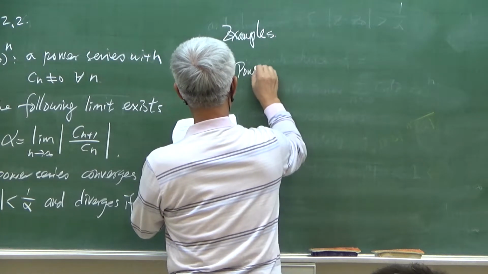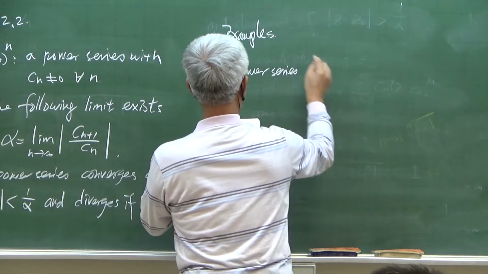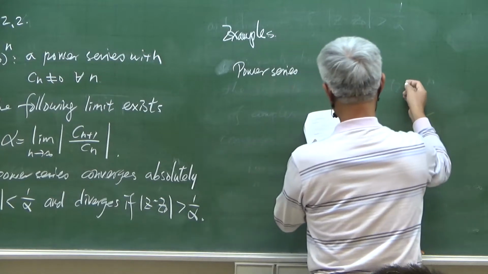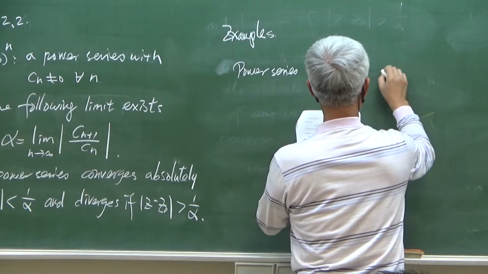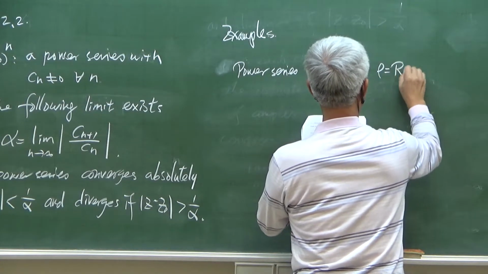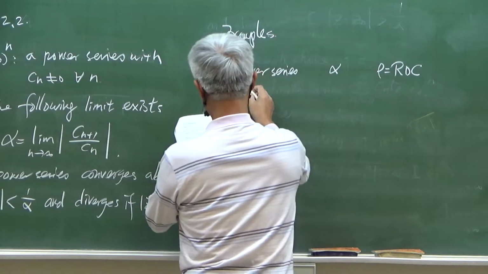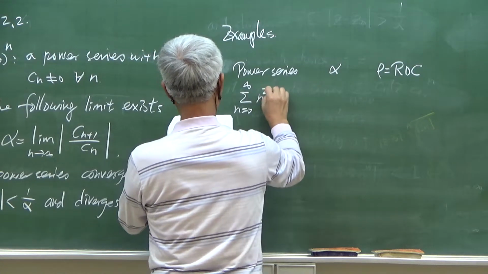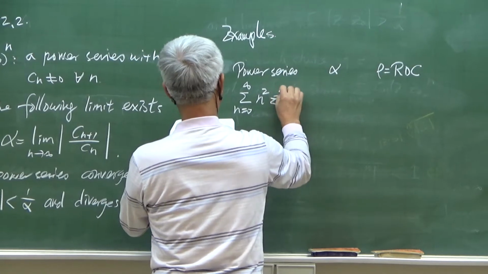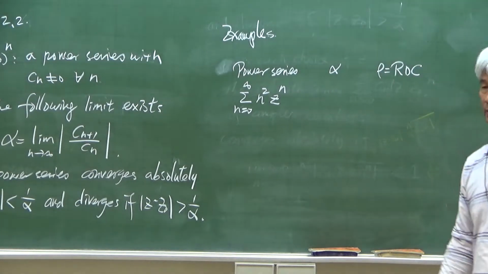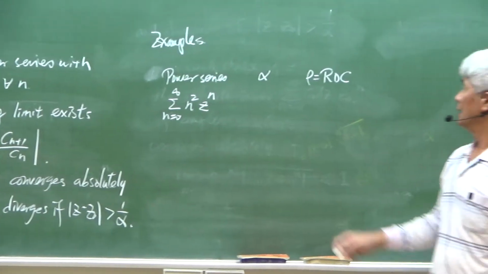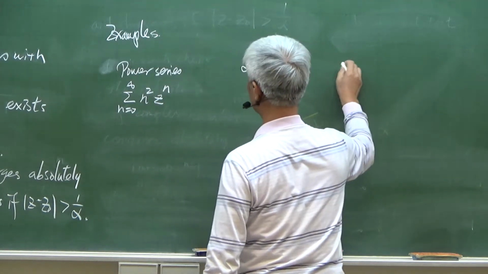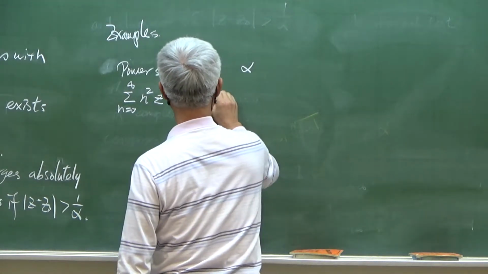Power series and alpha and rho, right? So this is C. Consider this power series with center 0, and the alpha here, the lim sup, okay? So lim sup